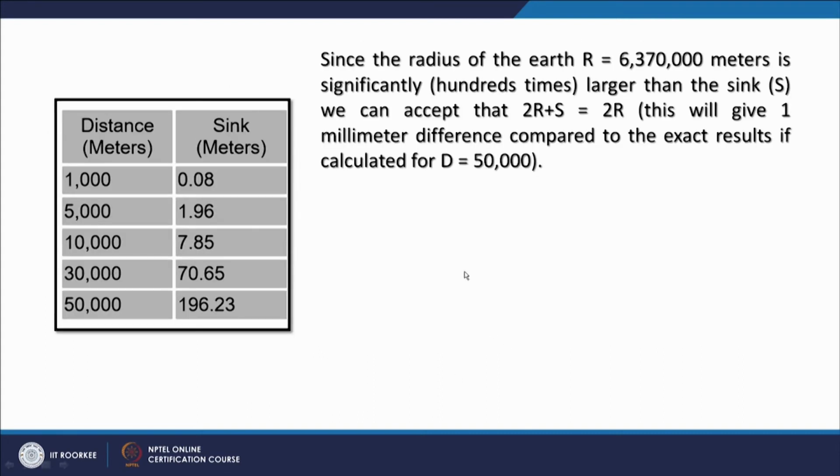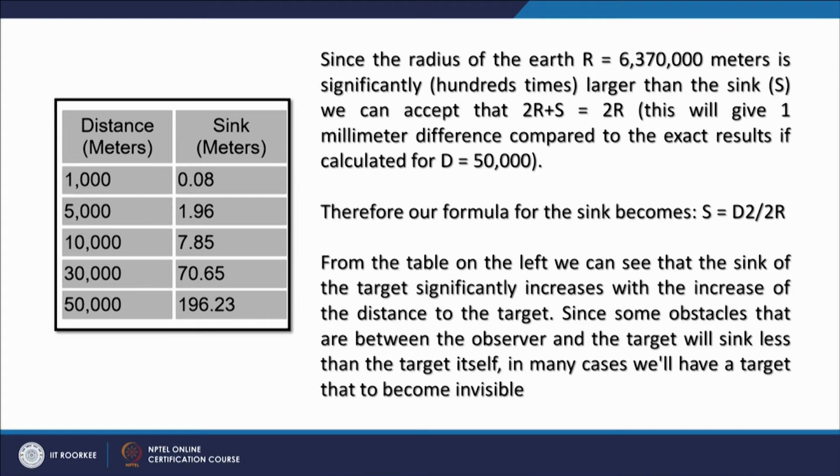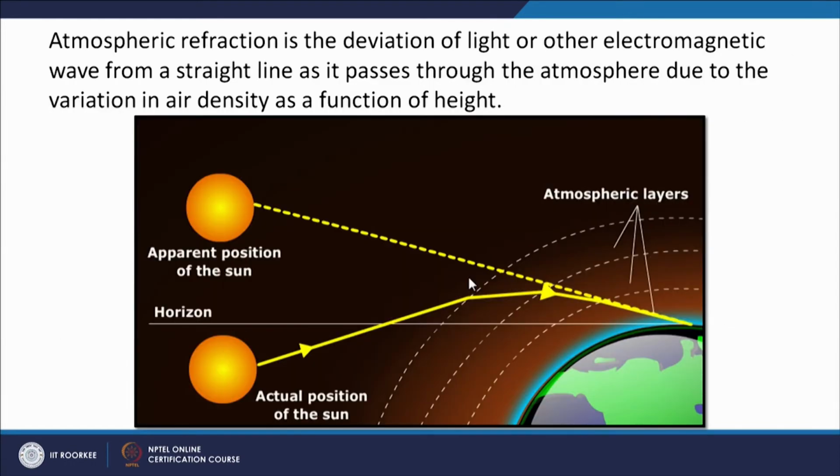So, for different distances, how much sink effect or drop effect will come has been calculated for 1 kilometer, 5 kilometer, 10 kilometer, 30,000 kilometer, 50,000 kilometer. These number of meters, the sink would be there. So, it plays a very important role for the sink, and only this correction or such corrections are required when large distances are involved in our